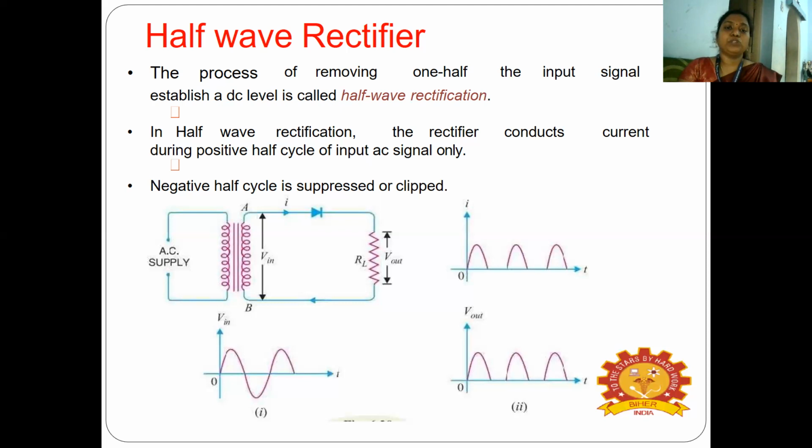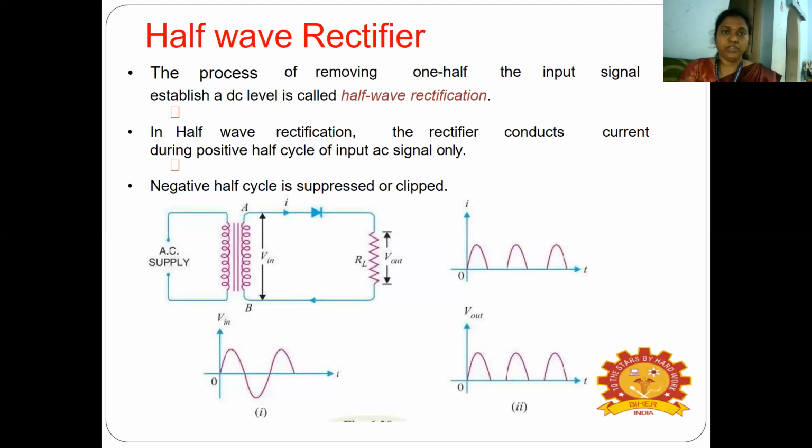Then the output is directly connected to the load, because you know you connect the load, right? There you check what the output is. So this is a simple circuit of the half wave rectifier. You note the input current, the input voltage, the output voltage, everything. What is the input signal here? When you come to the signal diagram, you can see the first figure there. The first figure has an input AC signal, which is nothing but V input across your input. You can see the second figure there. What is the output for the corresponding input?